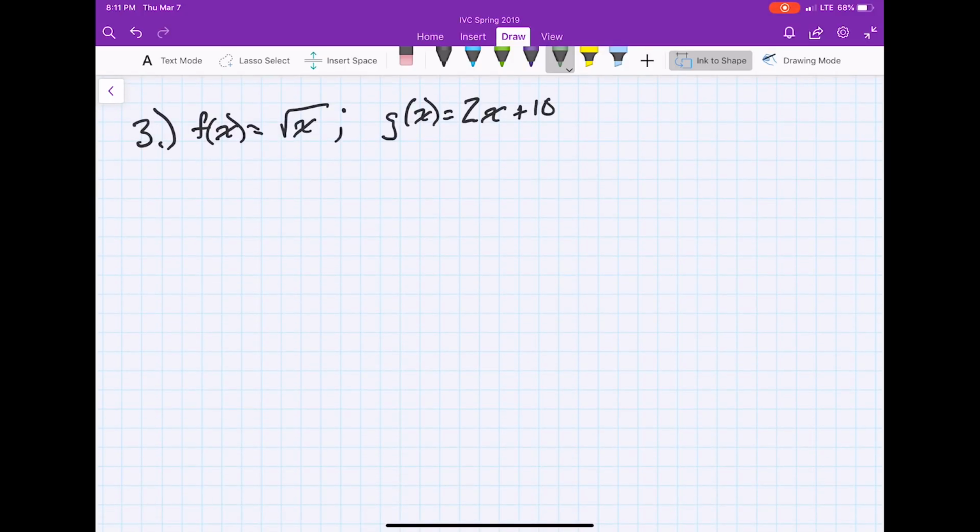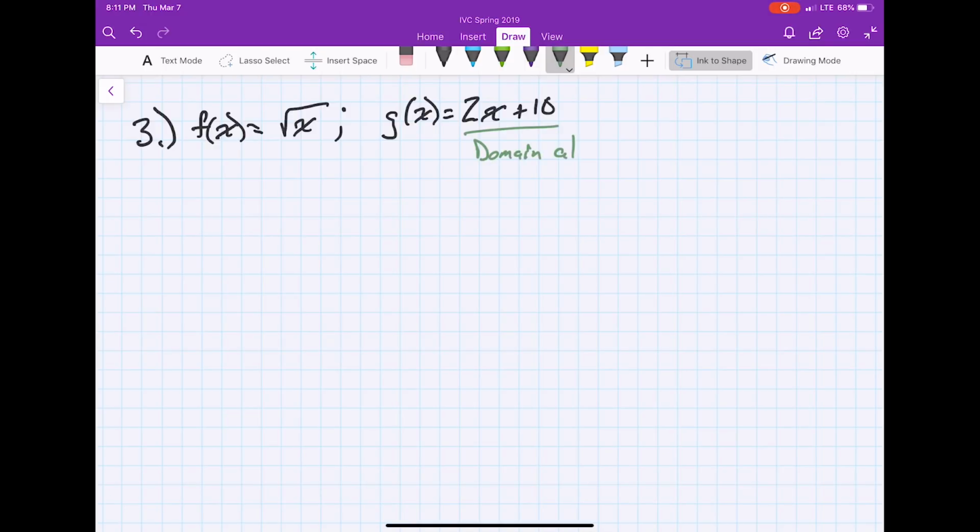Now let's move on to number 3. So here we got a little bit of a trickier one. We look at g, we're going to put g inside of f again. But for g, the domain is all real numbers. We don't have it as an irrational or as a fraction, right? So you can put anything in there and you will get a value. However, when you put that inside of here, you can't get it to be less than 0. If you make it less than 0, you're going to have an imaginary number, right? So x has to be greater than or equal to